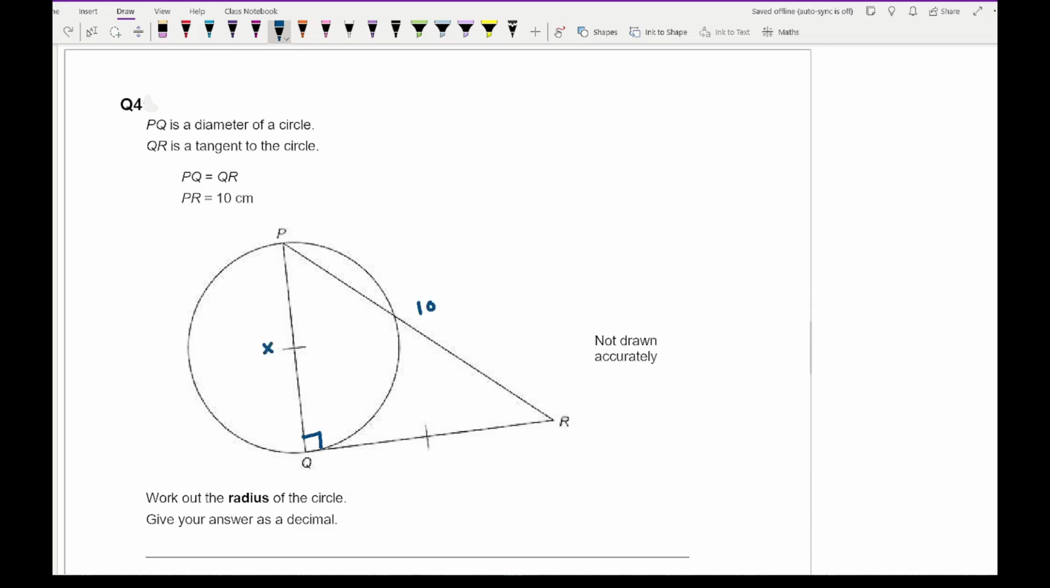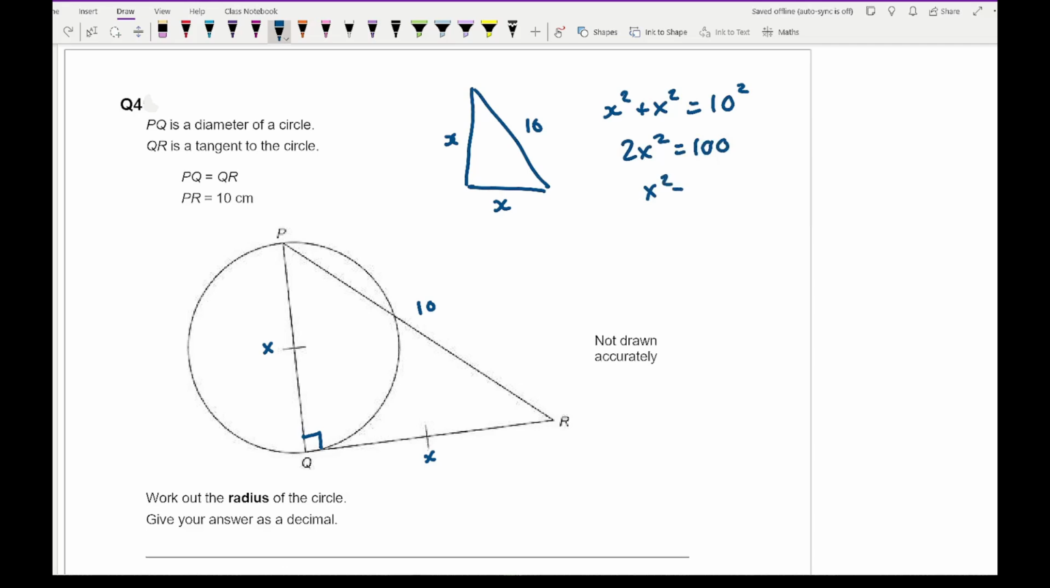So if I call this x and this x, then we can use Pythagoras to work out what x is. So x squared plus x squared equals 10 squared. So 2x squared equals 100. So x squared equals 50. So x equals root 50. So that means that there is the diameter of the circle. So therefore the radius is going to be equal to root 50 over 2, which